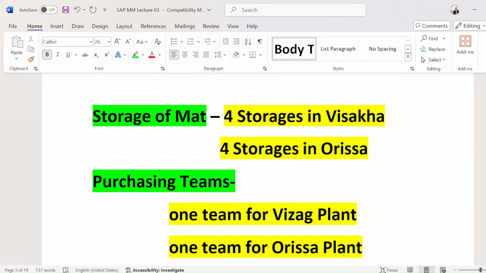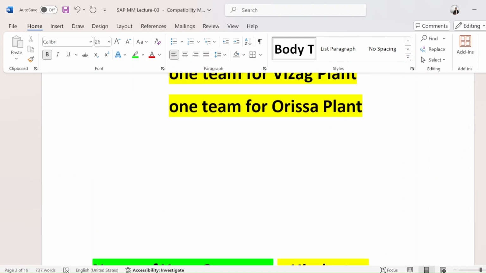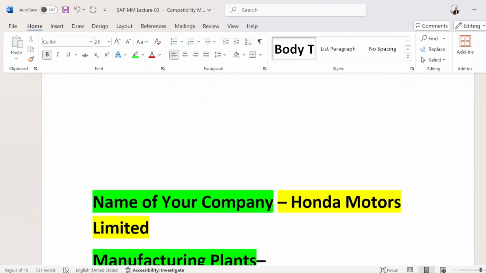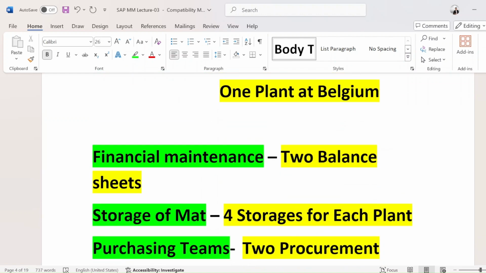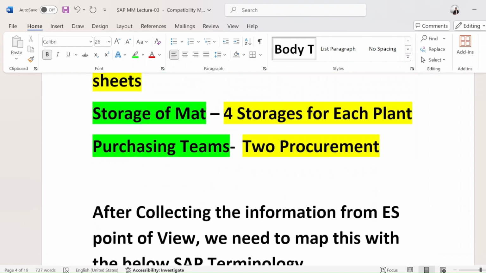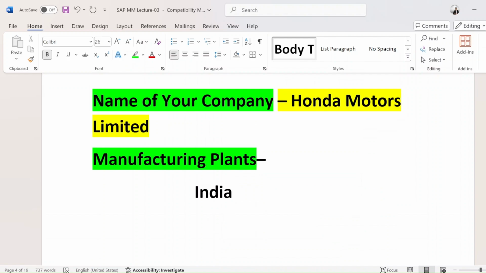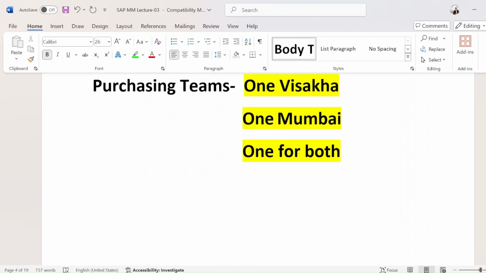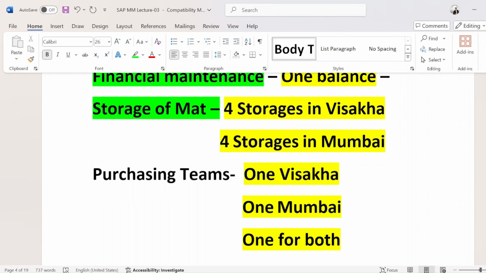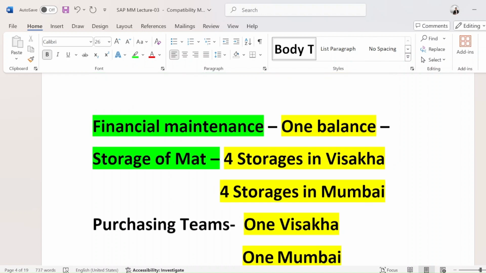You need to prepare a Word file for five organization structures. You can create it with your own name, and if you want to research on Google, you can do that too. Take any company and see how many plants they have. But for at least two or three companies, take it very simple.